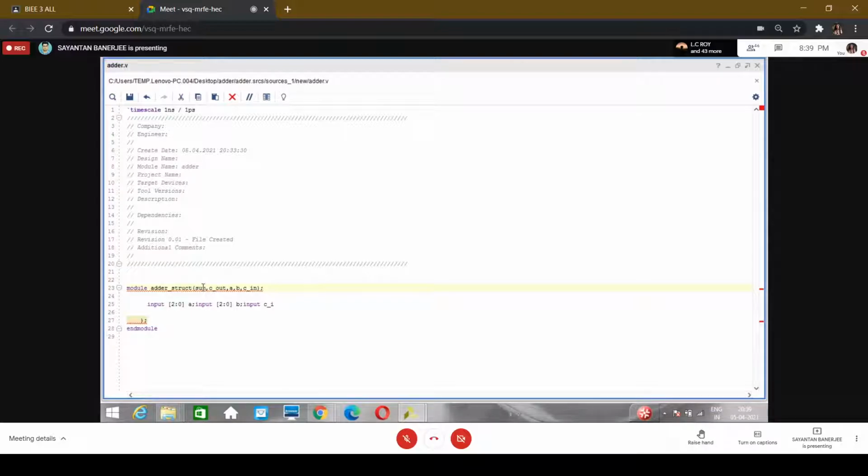We have XOR gates, and I think two AND gates, one OR gate. A XOR gate for implementing the sum, and AND gates for implementing the carry. So we'll do that. We remove these things.